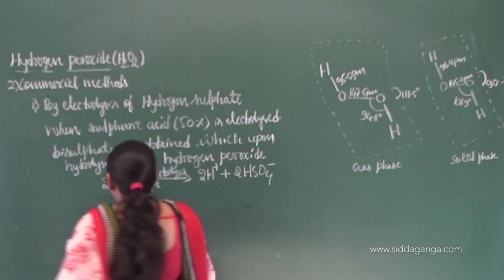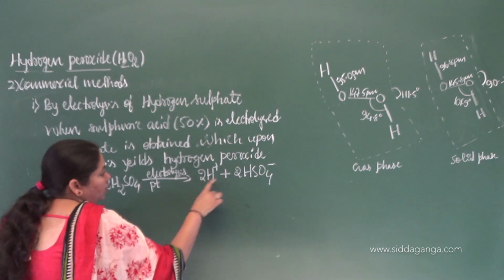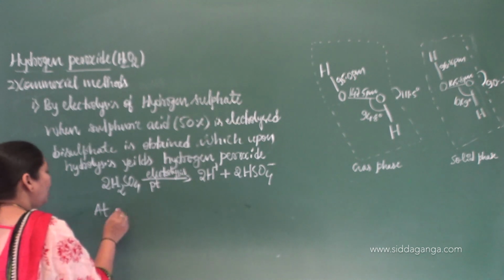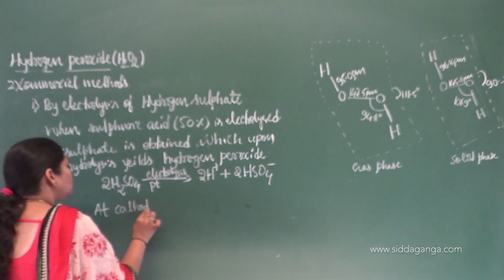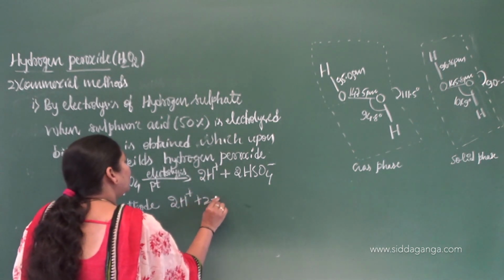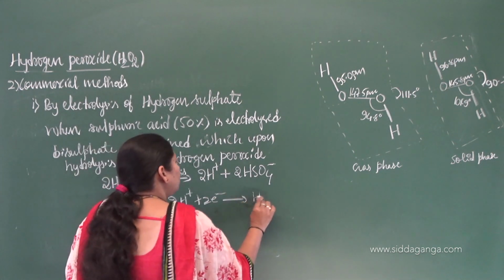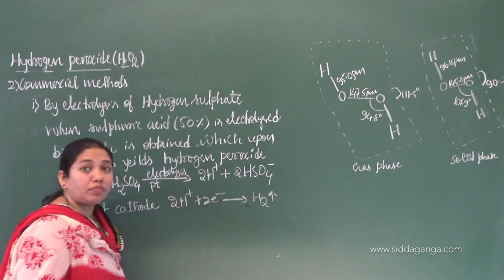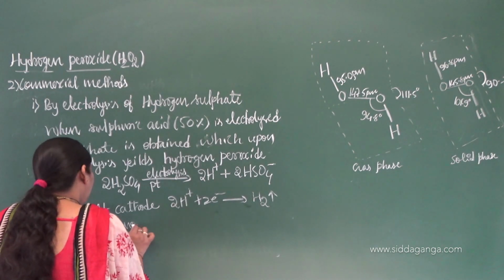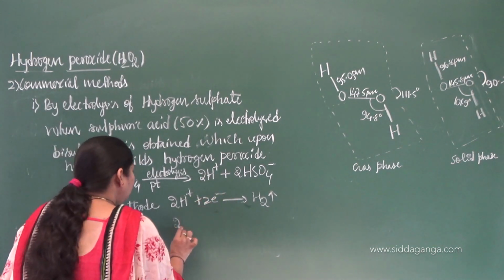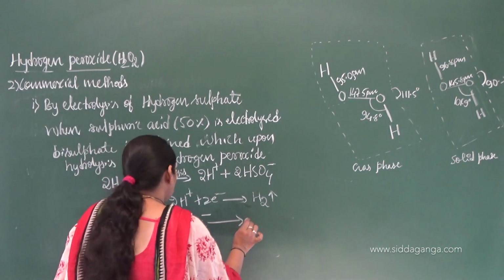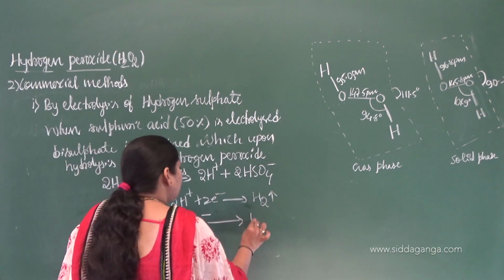Now, as it is electrolysis, the oppositely charged ions will go to the opposite electrodes. So first, say for example, at cathode, what happens? Which ion will move? That is nothing but hydrogen. By gaining 2 electrons, it will convert to hydrogen gas. Similarly, at anode, the bisulfate HSO4 minus loses its electron, resulting in the formation of